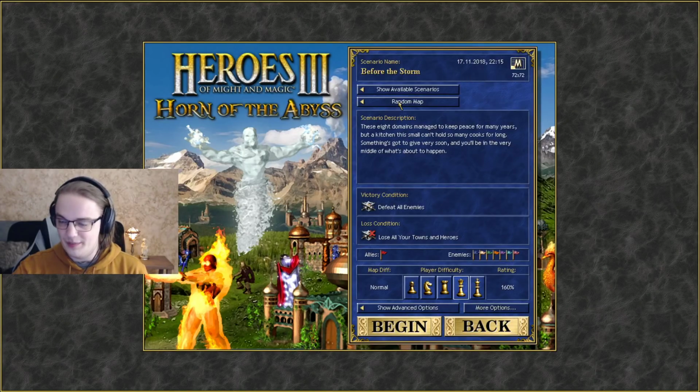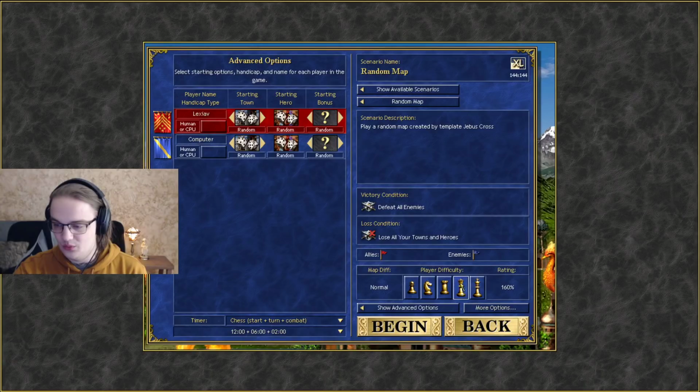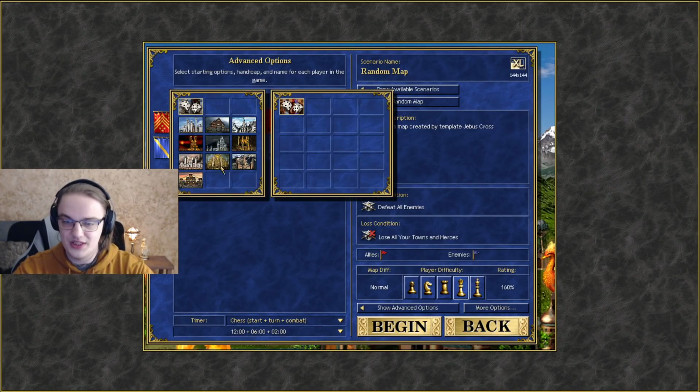First off, we will be hopping into a game, and we will be generating a Jebus Cross. Jebus Cross is generated extra large, with 2 players, no computers, only the bestest of roads, no water content, and strong monster strength. It is played on 160% difficulty, and of course you're going to be trading for it in most of your matches. However, in this case, we don't really have anyone to trade with, so we're just going to be picking the